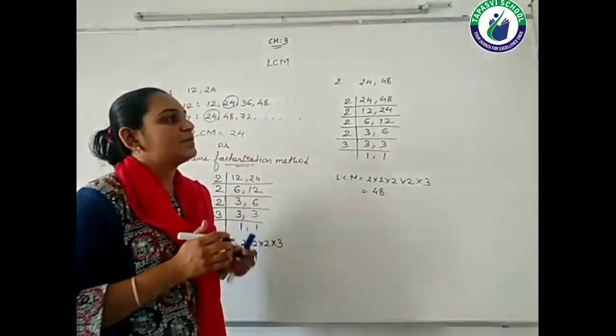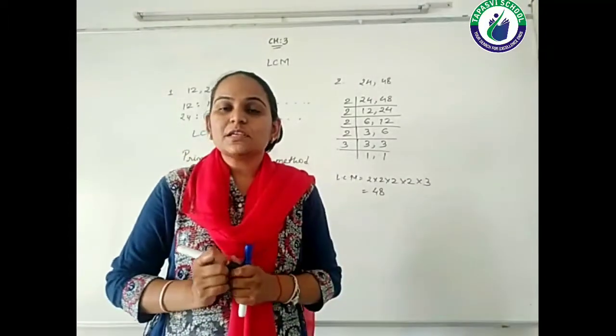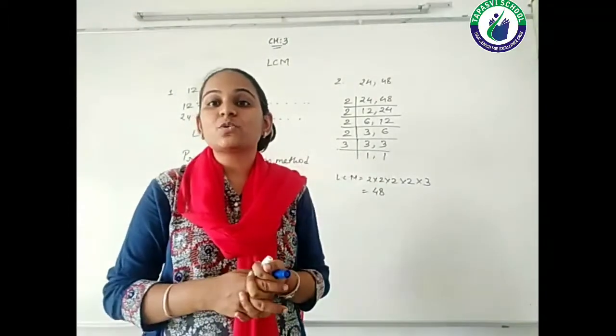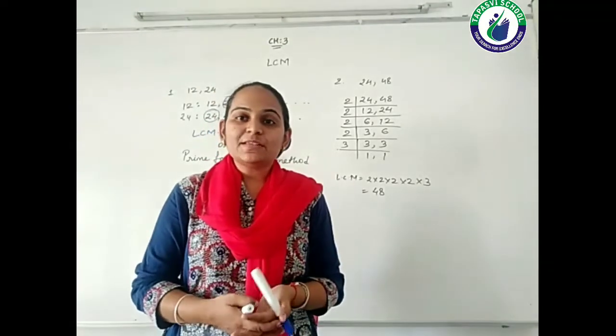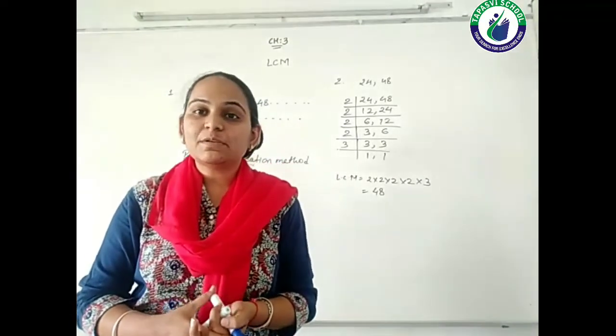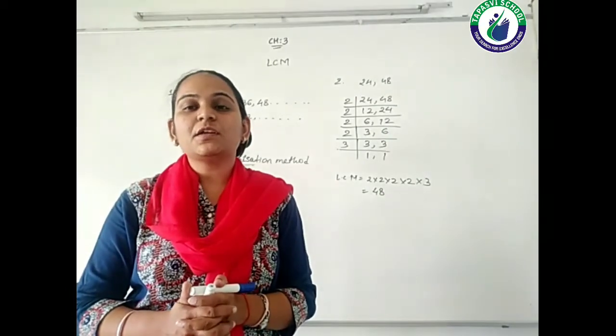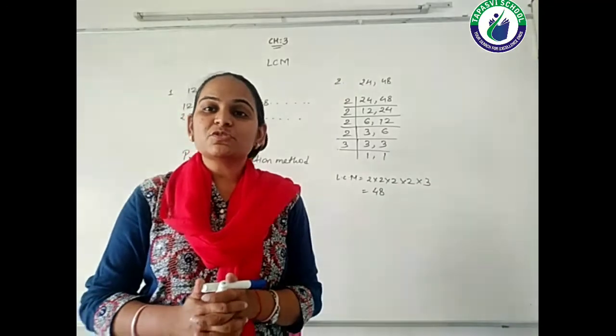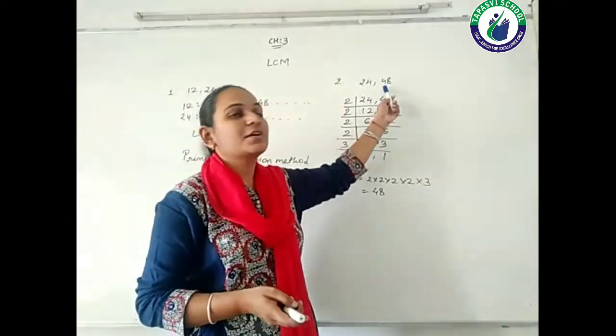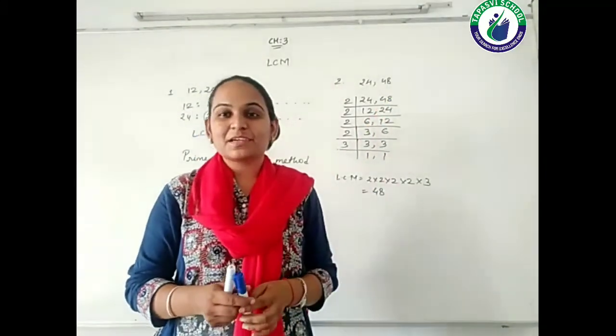Right? If you can see the question, students, 24 and 48, then you will feel that the second number is the only answer for the LCM. Why does it happen? If both numbers come in the same table, the 24 and 48 both are coming in the table of 24 itself, right? Then the bigger of the two numbers is actually the LCM, right?